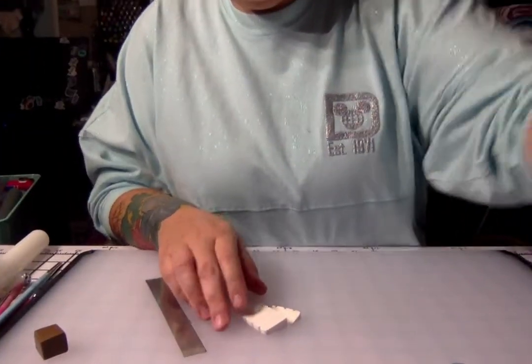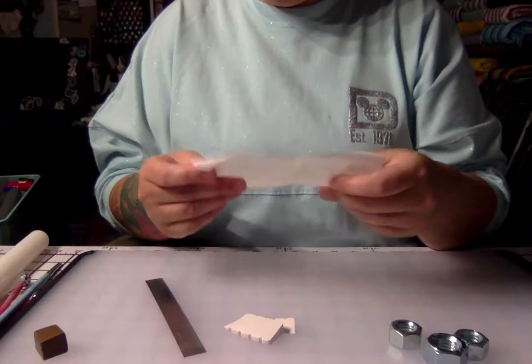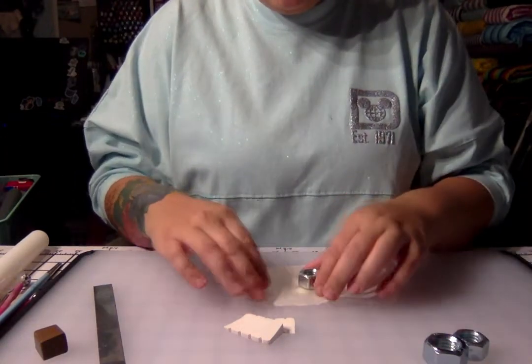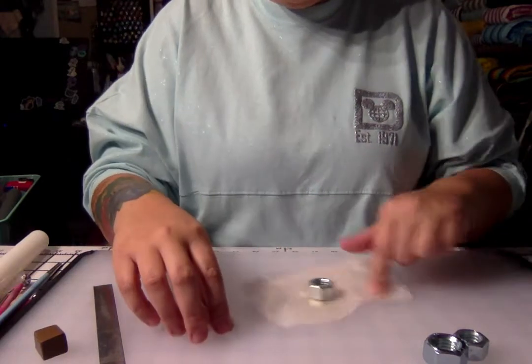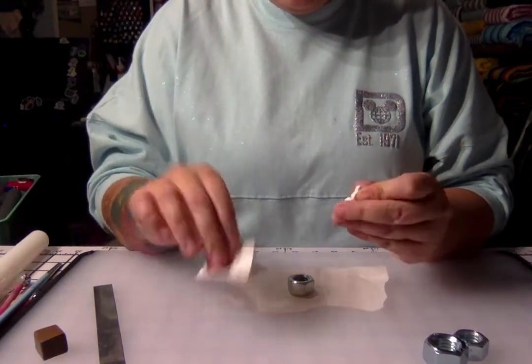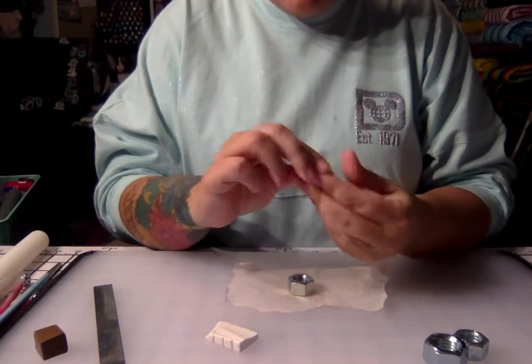So we're going to start by cutting some chunks of white. I'm going to go ahead and tilt the screen down. I'm also going to be working on my piece of parchment paper because it will make it easier to turn if I need. So I've cut off some chunks of white, we're going to need more than this, but to start off with,